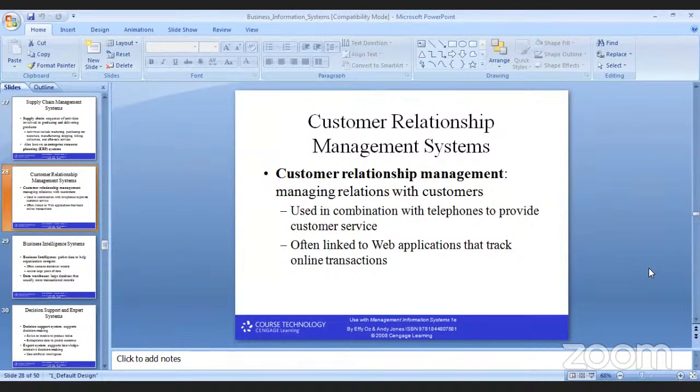Customers will give their data, it will be filtered and processed, then provided to the top management for taking decisions. So it normally manages the relations with the customers. It is used in combination with telephones to provide customer service. Nowadays,